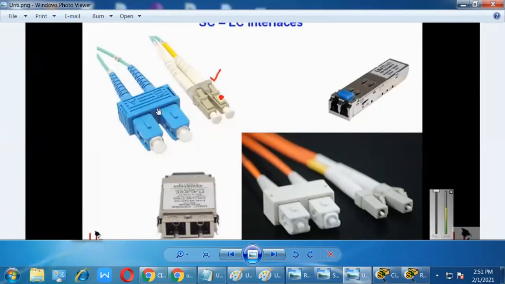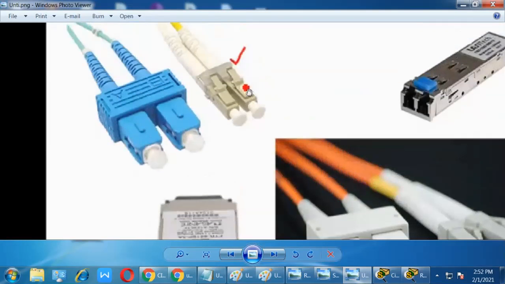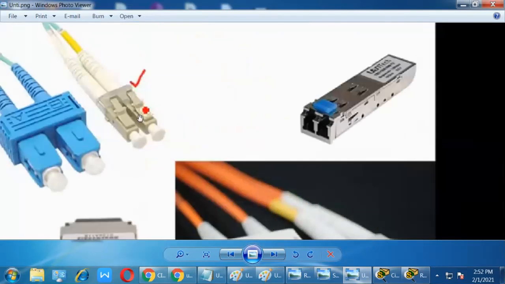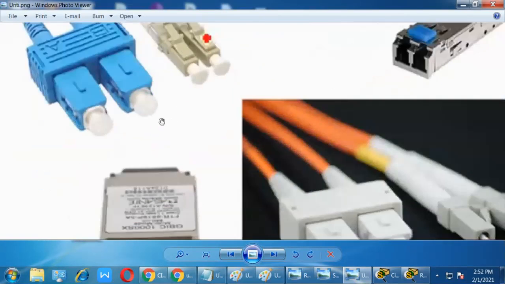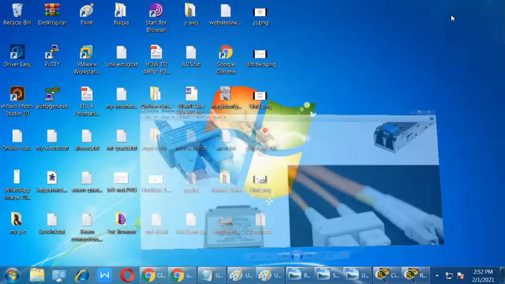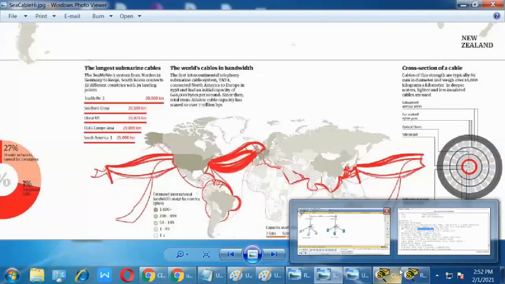So how can you identify? You can easily identify. See here, an arrow mark is there, right? This is input, and here the arrow mark is outside, in output, right? You can see here also the input mark is there. Input and output, so you can see and you can fix. This is for this connector, and this is for this one. So we can use fiber optic. Clear?